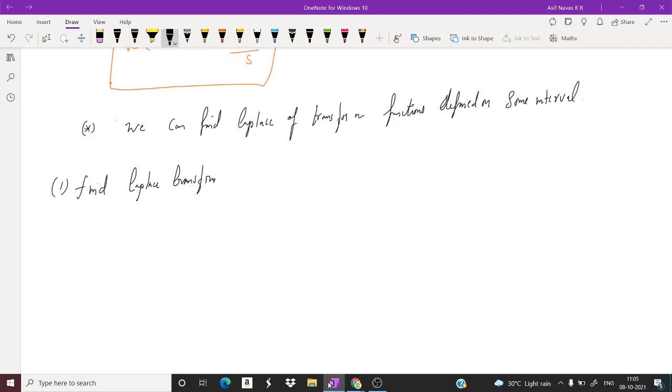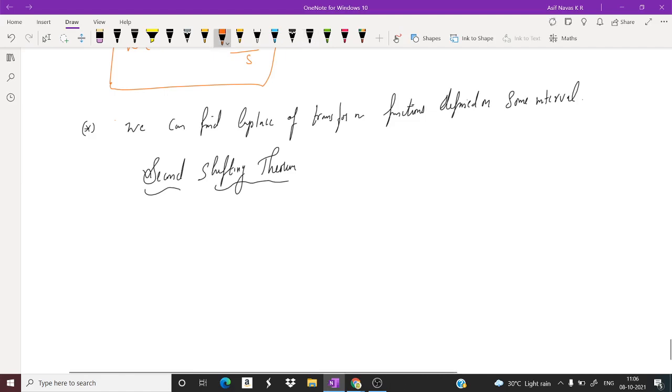Okay, before going to that, I will define what the second shifting theorem is. We already studied the first shifting theorem. The second shifting theorem states that if L of f of t is equal to F of s, it means the Laplace transform of f of t is equal to F of s,